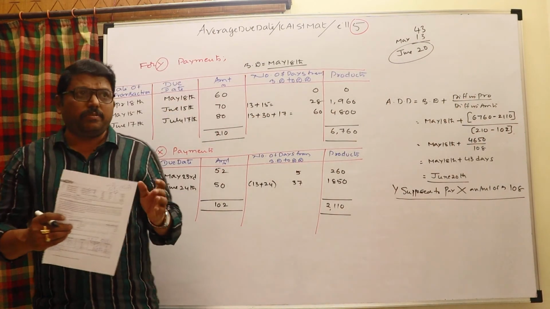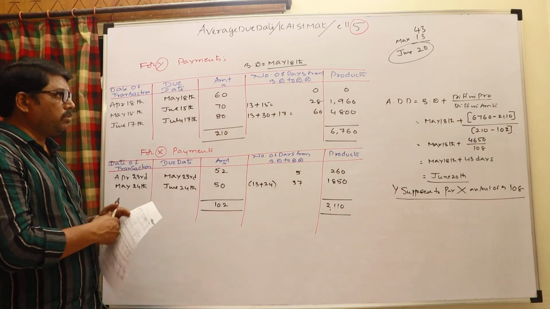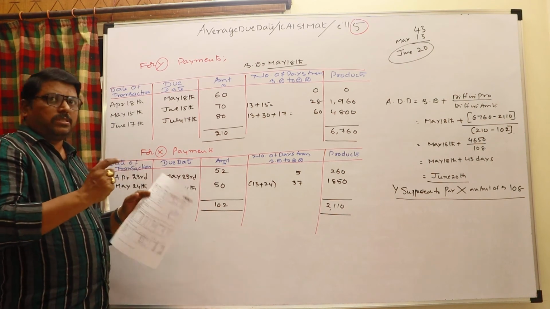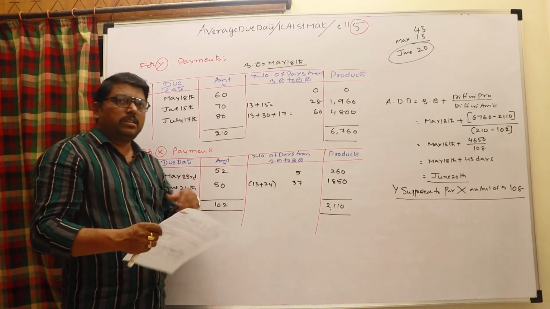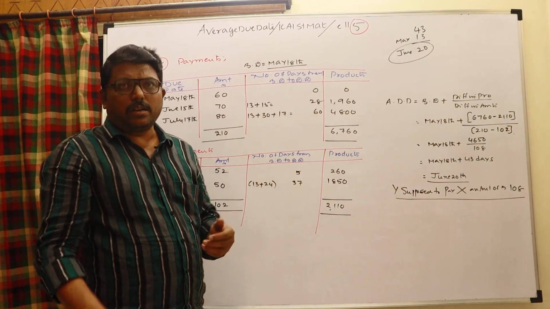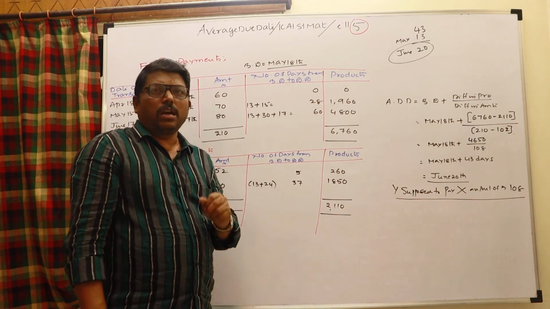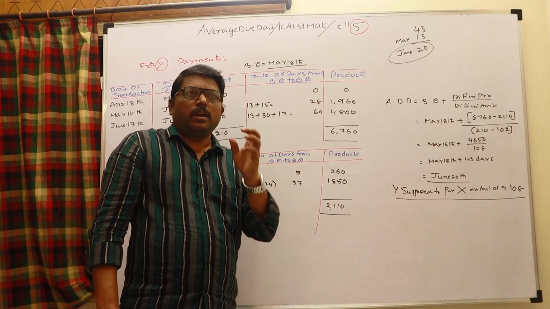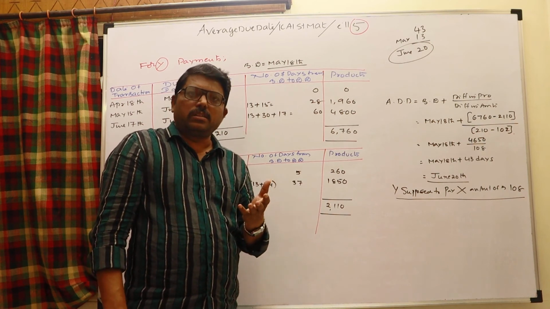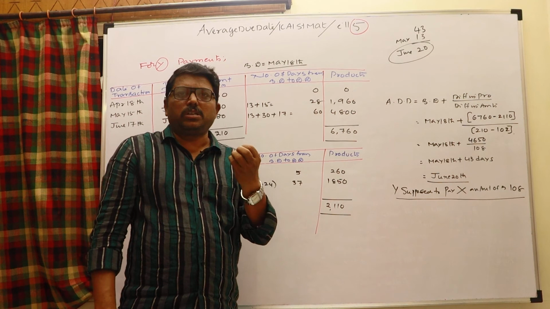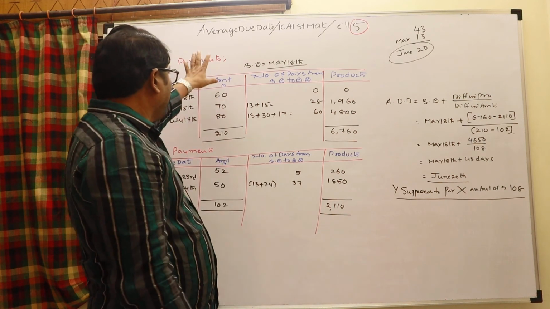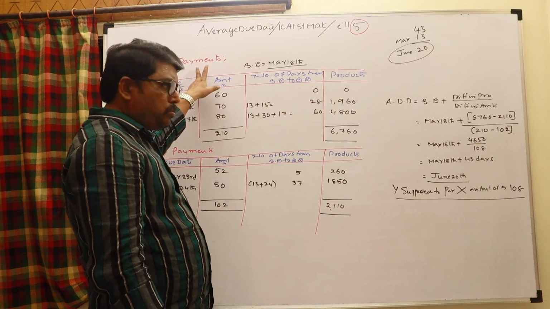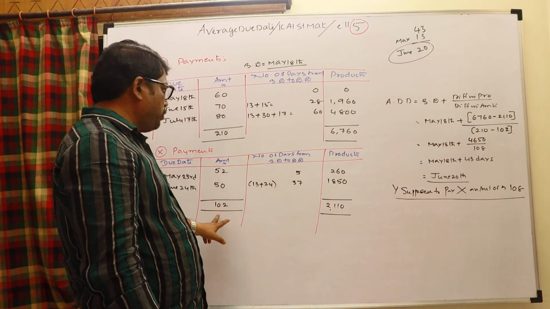Okay, so this is very important from the examination point of view. Whenever transactions take place between two parties, like purchase and sales, obviously the other party will become a debtor and creditor also. So you need not calculate two separate dates; for the difference, the net amount you are supposed to pay, you have to calculate the average due date and the date on which the payment is to be done. In the first case, Y purchased, Y is supposed to pay. Here X purchased, X is supposed to pay.